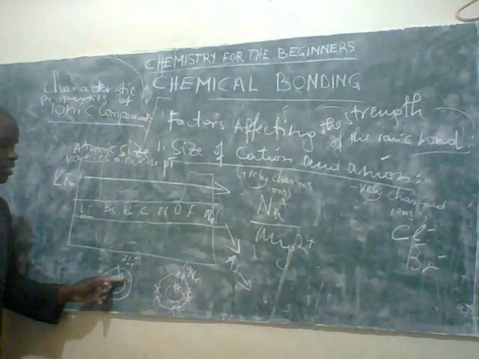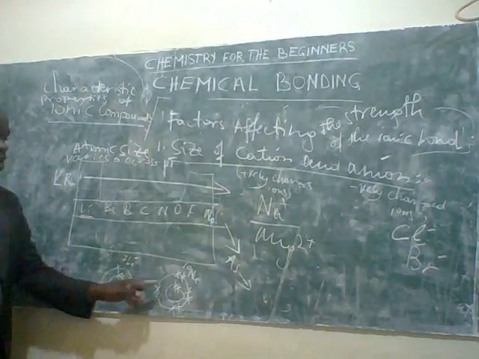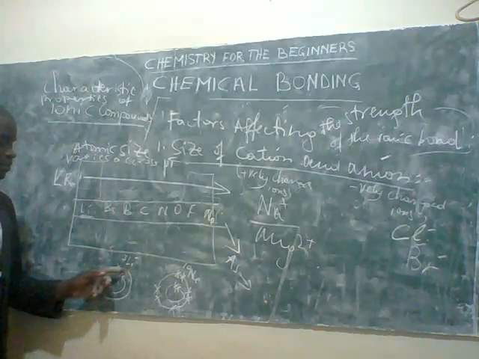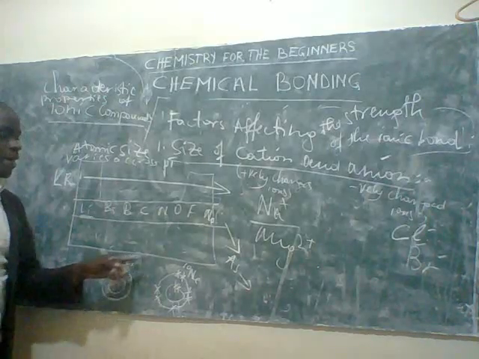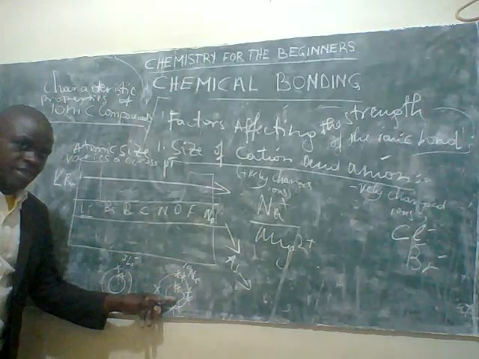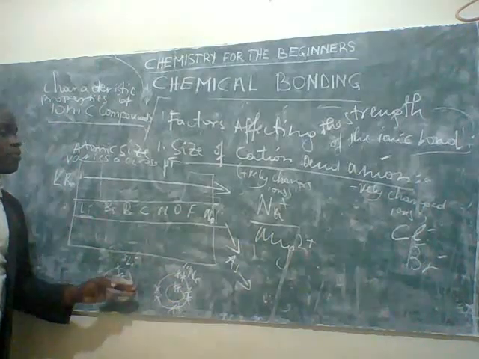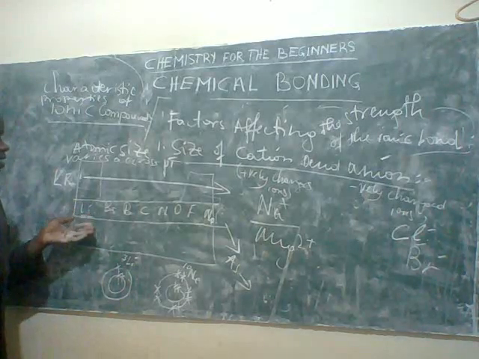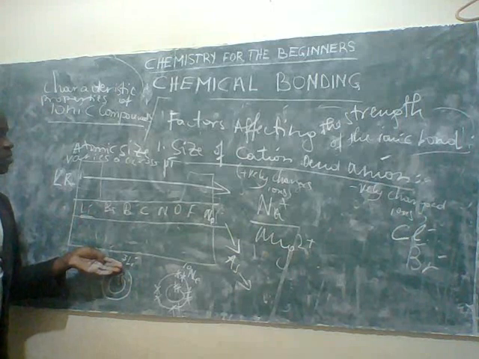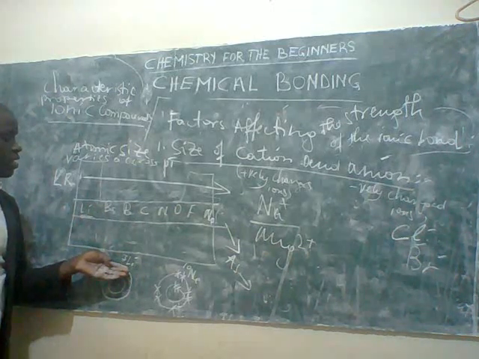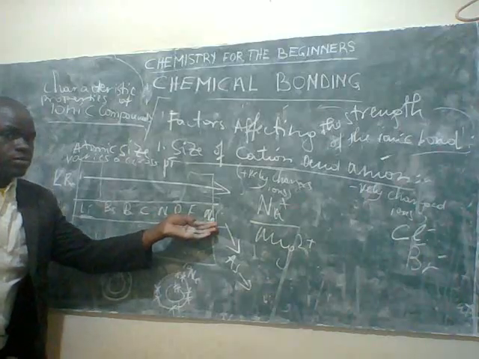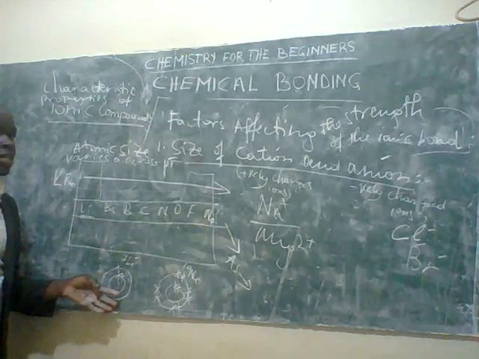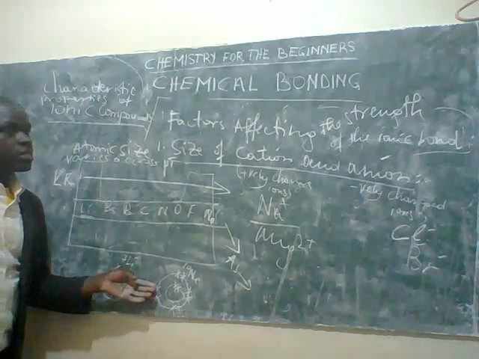And for the first shell, lithium has 2, and this one has also 2. For the second, lithium has 1, but this one has 8. However, lithium is lower in terms of atomic number than neon, but they have the same number of shells because